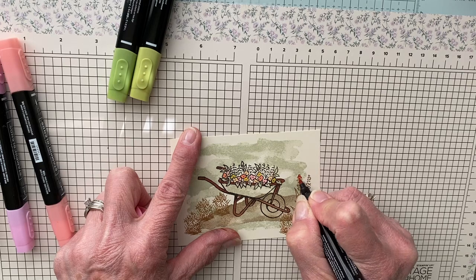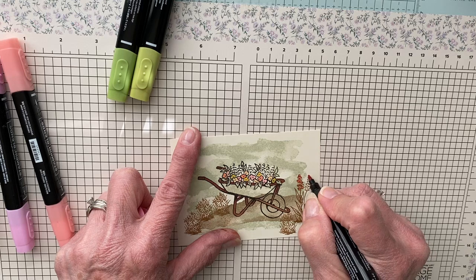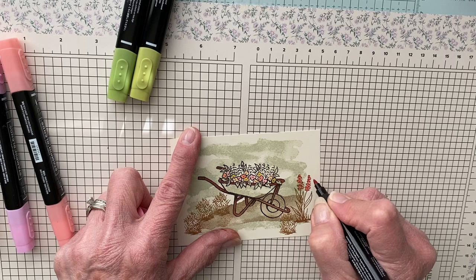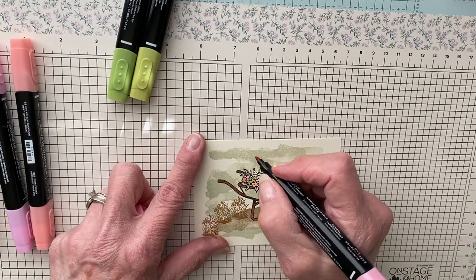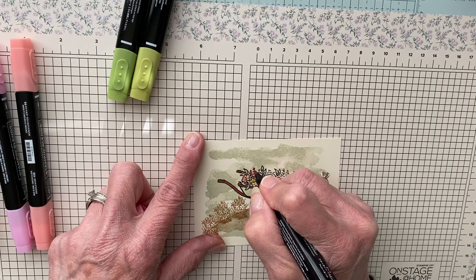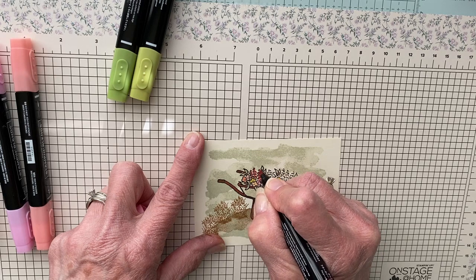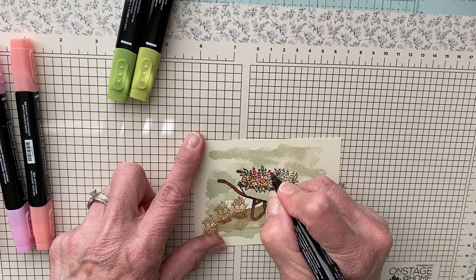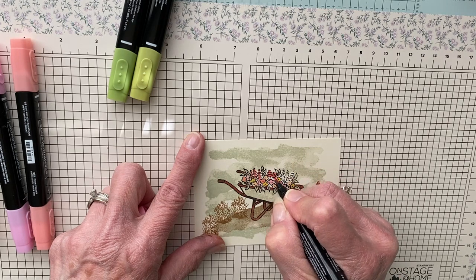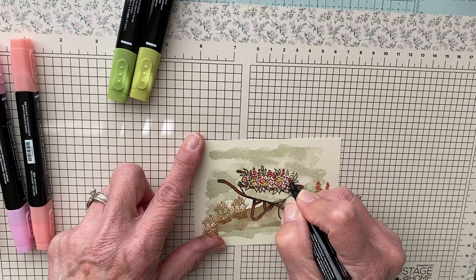So I'm going to just take my Flirty Flamingo and just color these. Like that. And then I'm going to come in on this wheelbarrow and I'm going to do the same thing in the Flirty Flamingo. And then coming in over here, doing the same thing, and right there, and up here, and right there,